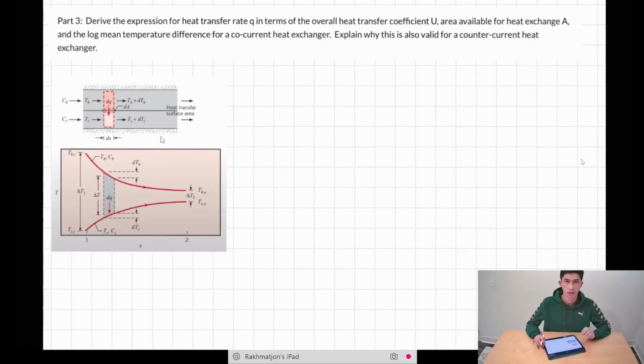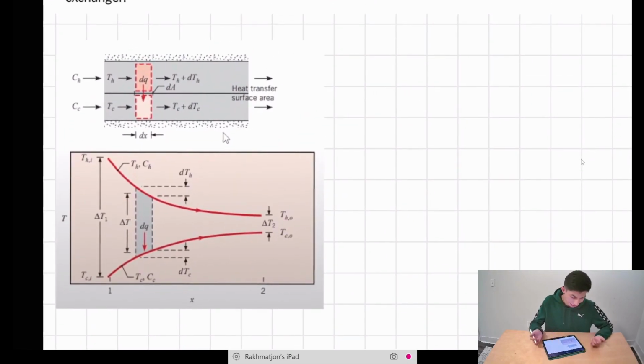Hello everyone, this is the third video in our playlist, and in this video we're going to derive the expression for the heat transfer rate Q in terms of the overall heat transfer coefficient U, area available for heat exchange A, and the log mean temperature difference for a co-current heat exchanger. Then we'll explain why this is valid for a counter-current heat exchanger. So we're going to be talking about heat exchangers, and here we have a diagram that